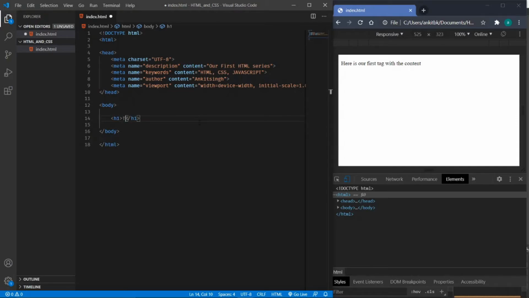As you can see, this is the heading 1, H1. I will just write down the headings one by one, and then we will see in action on the browser. So this is the heading H2.